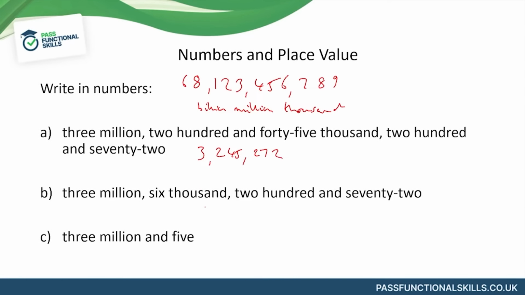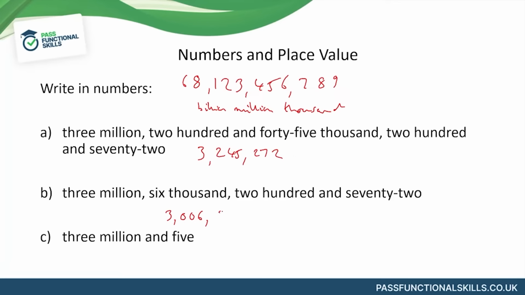3,245,272. That's exactly what's written. Let's try the next one. So 3 million. Now I need to write 3 digits before the next comma for 1,000. So I'm not just going to plonk in a 6. I can't write 600 either, because that would be 600,000 of course, so that has to be 006